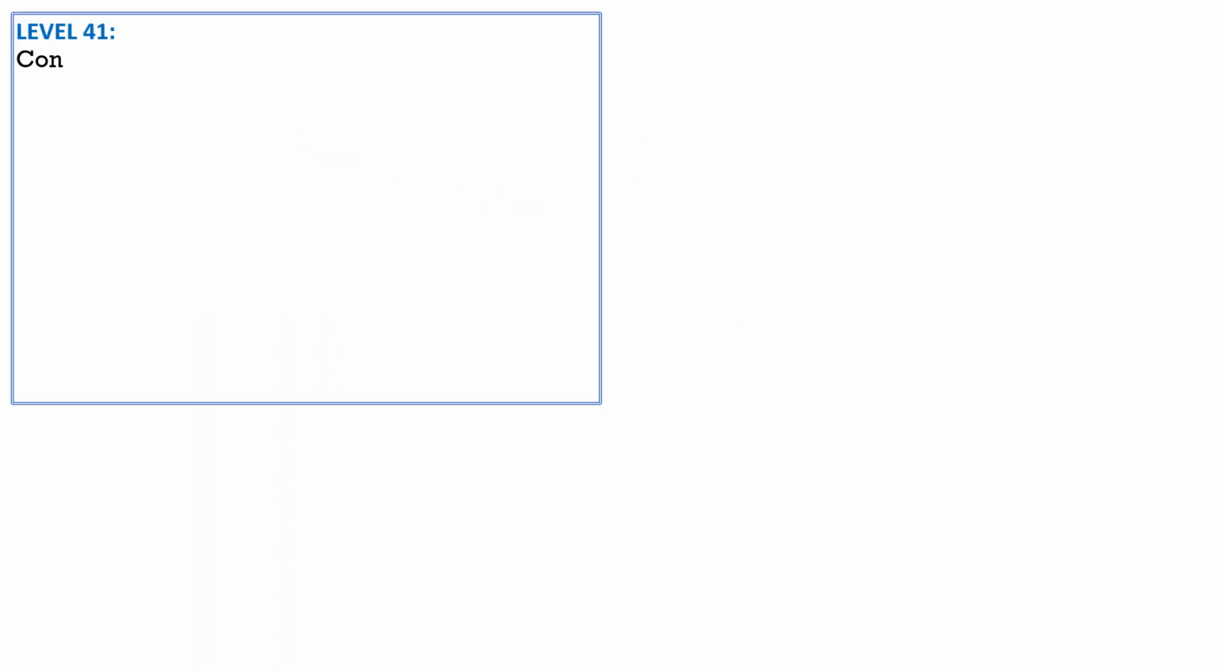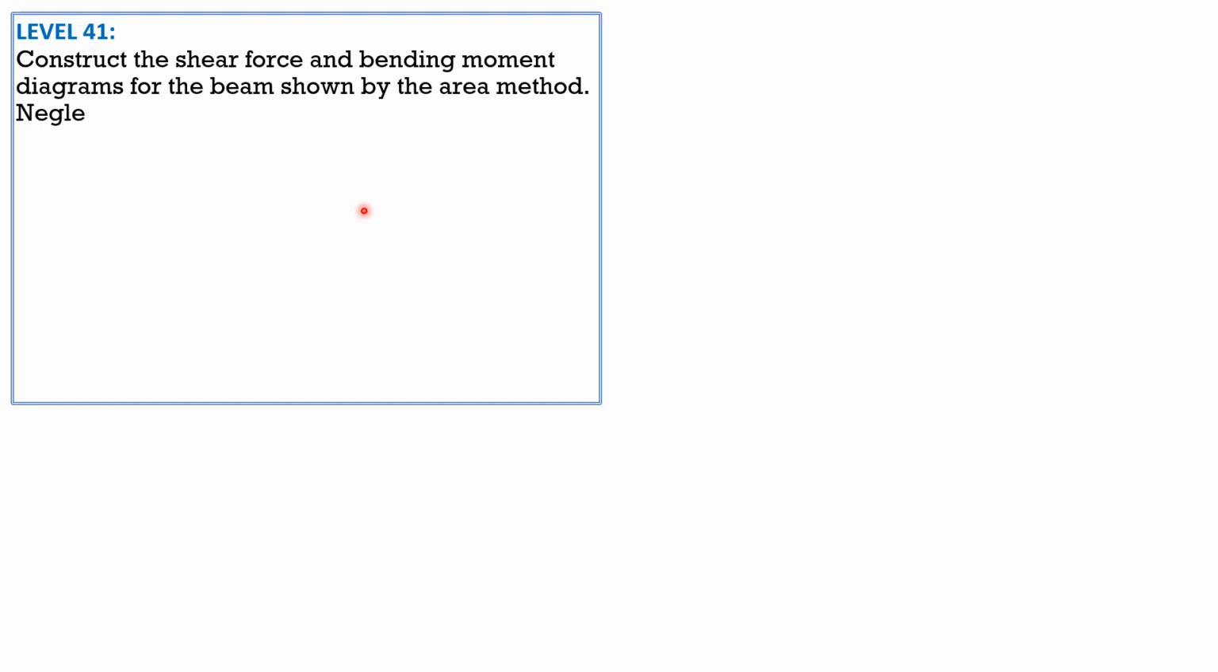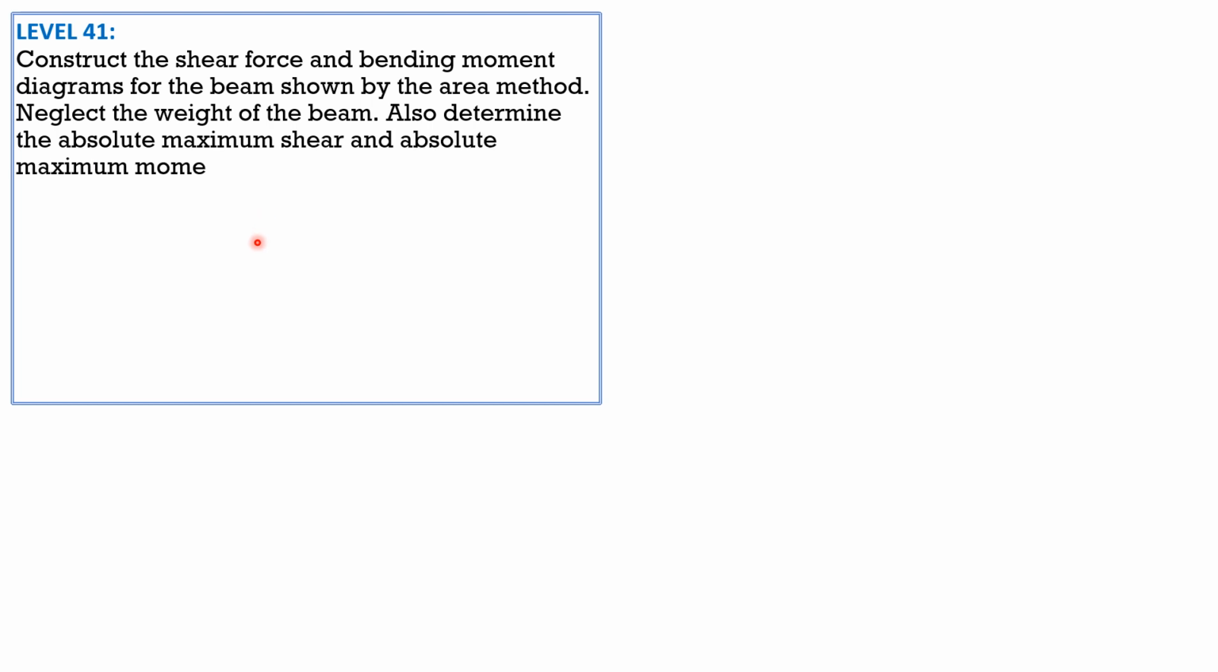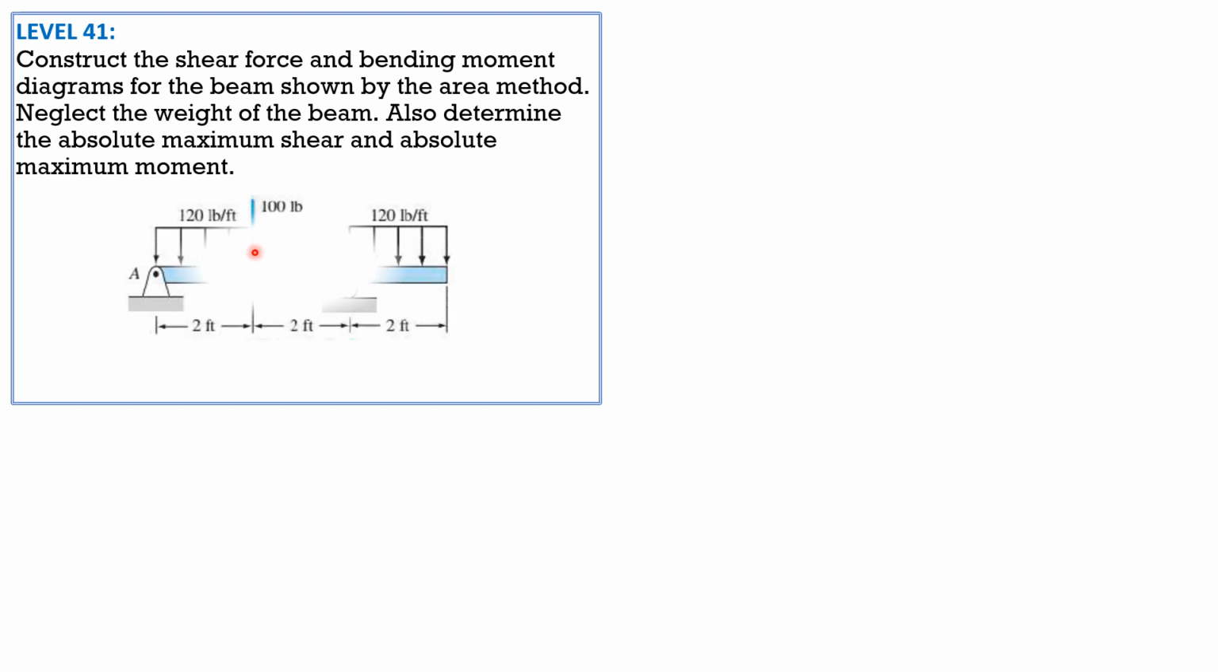Problem 41. Construct the shear force and bending moment diagrams for the beam shown by the area method. Neglect the weight of the beam. Also determine the absolute maximum shear and absolute maximum moment. So here's the given figure. We will call the reaction at A as vertical reaction AY, horizontal reaction 0, and R sub C at